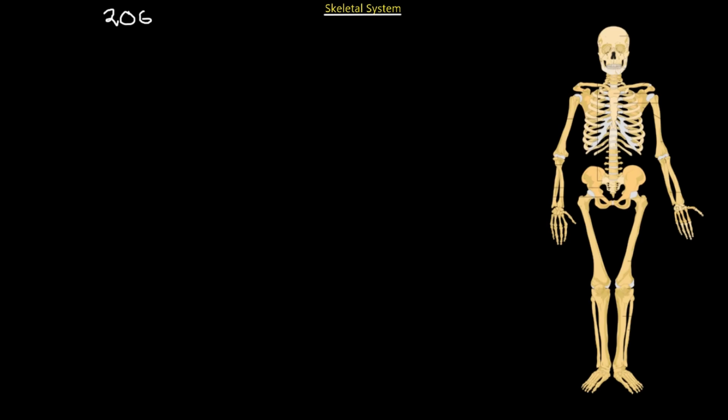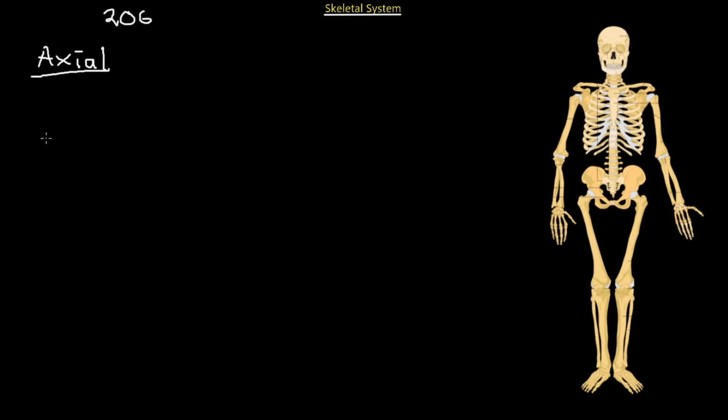So first, let's begin with the skeletal system. I'm just going to highlight the number of bones. Typically in the human body, we've got 206 bones. If we're looking at the skeleton of our human body, it is divided into two separate skeletons to make things a little bit easier: the axial skeleton and the appendicular skeleton. First, we're going to talk about the axial